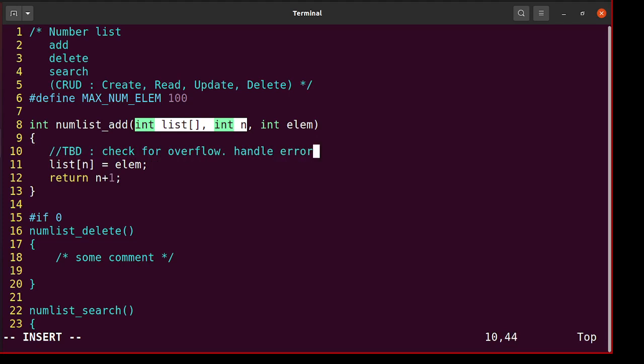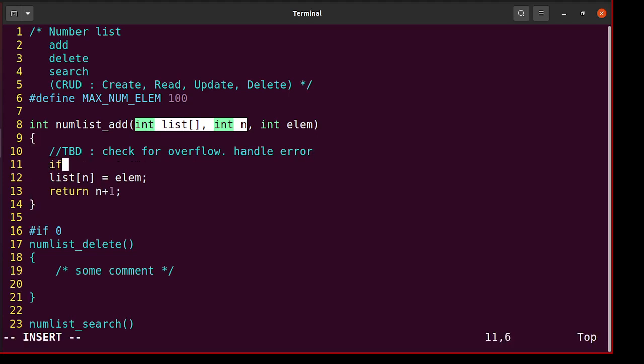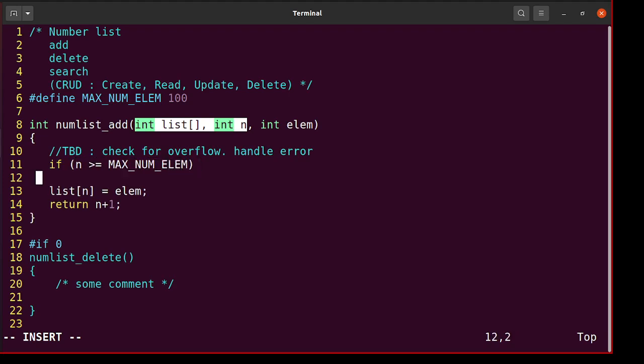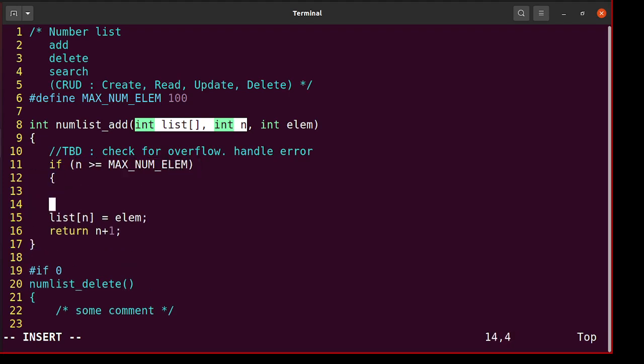Always when you are coding, think of all options, what can go wrong. When you are adding elements, maybe there are 100 elements already, so ideally I should do a check. I can write the code like this. I can say if n is greater than or equal to max num element, then we print an error, and we